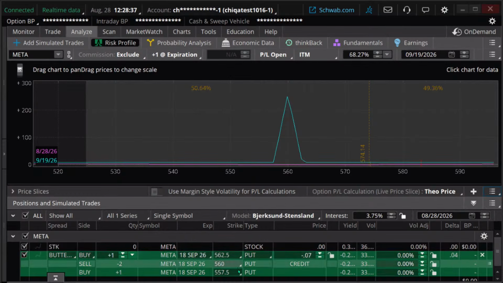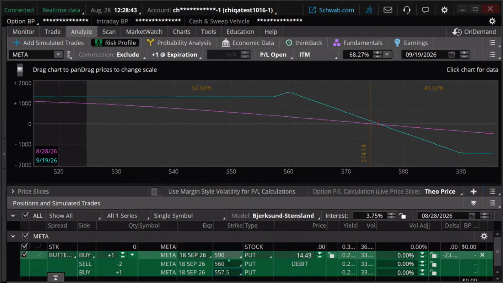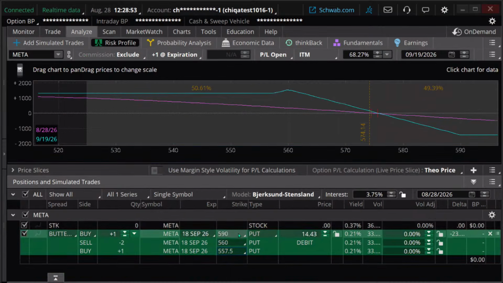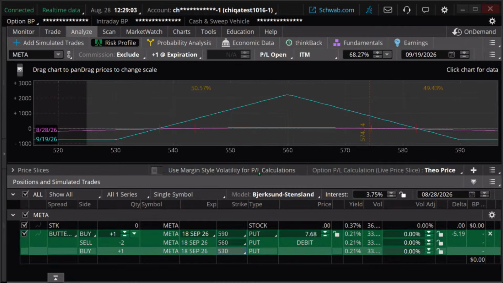Okay. So we're going to separate this out. We're going to go to 590, which is what we said, and we're going to make it equidistant to start. Okay. And when we're going to skew, this is what I always do. You don't have to do it this way, but the way I do it is I start with a balanced trade. 560, 590, so that's a $30 difference, so I'm going to go to 530. Okay. 530. Okay. Here we go.